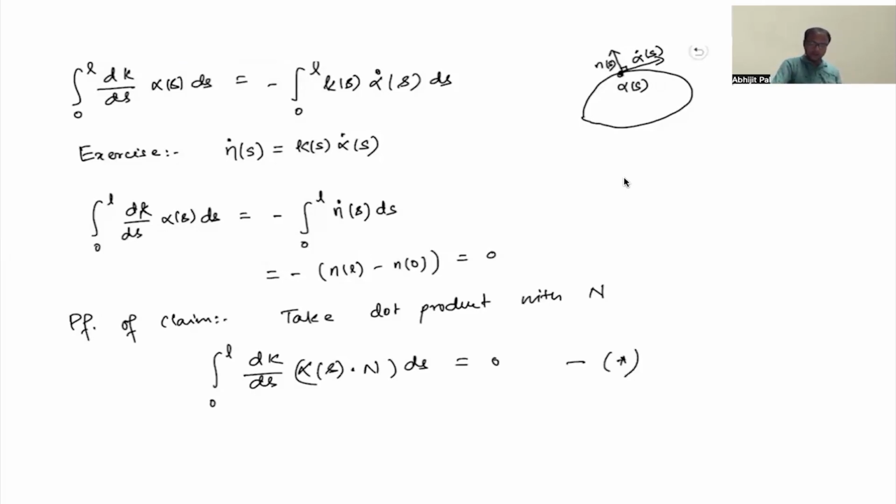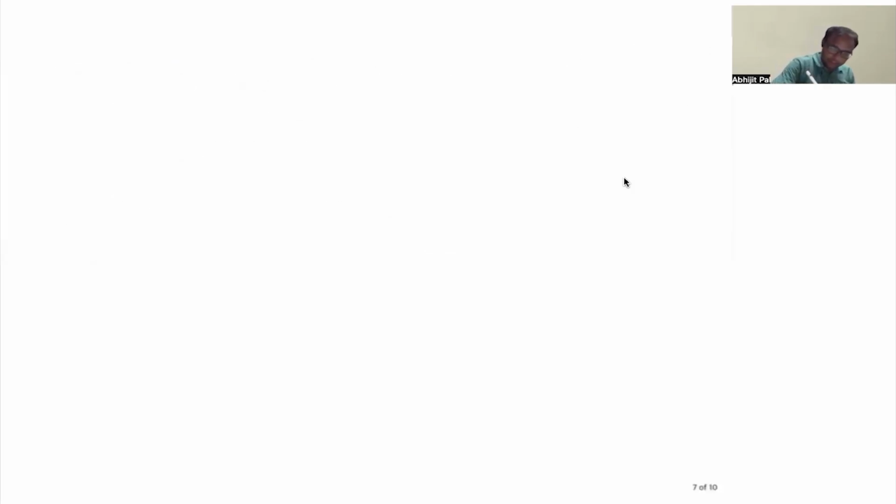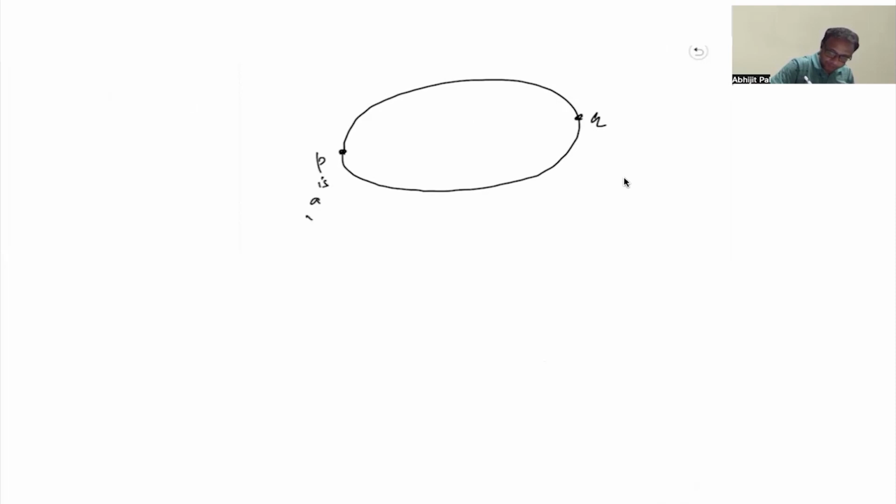Okay. So now again let us go back to that diagram. So we have 2 points P and Q. So this P and Q are the vertices. So this is a vertex and Q is a vertex. Okay. So suppose there does not exist any other vertices. Okay. So suppose